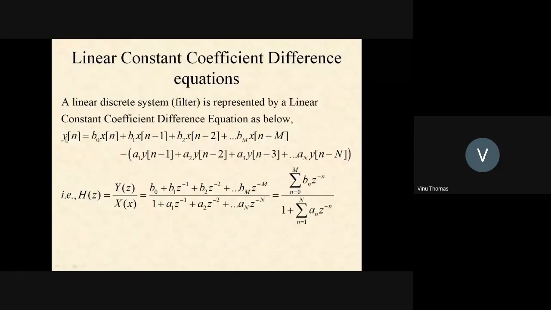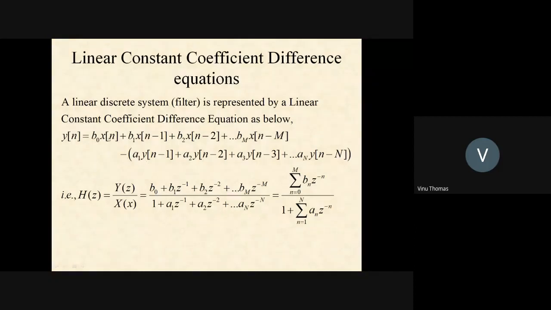So we will restrict our discussions to real time for the time being. So y of n is equal to, you can maybe write it as b0 into x of n plus b1 into x of n minus 1 plus b2 into x of n minus 2 plus etc. up to bm into x of n minus m, minus, so I put a minus sign here, minus a1 y of n minus 1 minus a2 y of n minus 2 minus a3 y of n minus 3 etc. up to minus an y of n minus n. I have taken this negative sign inside the bracket. That's it. Is that understood?